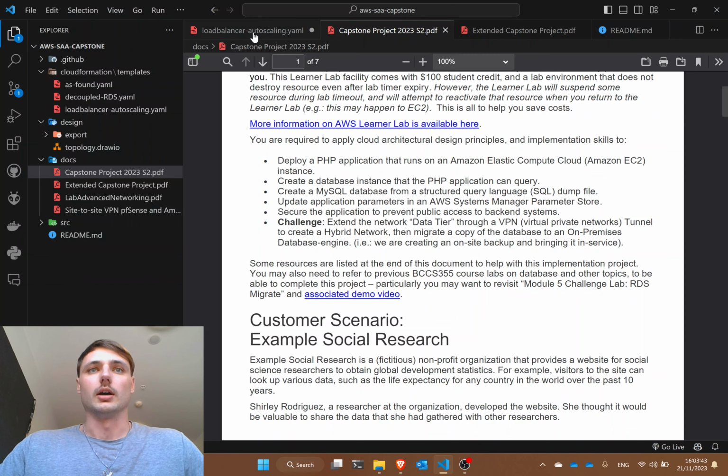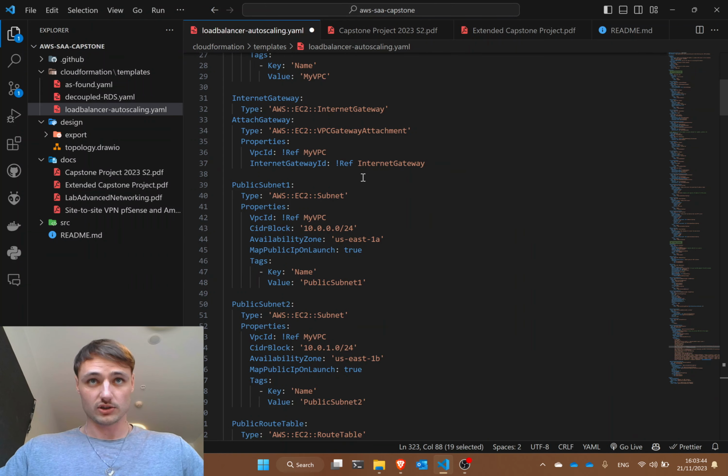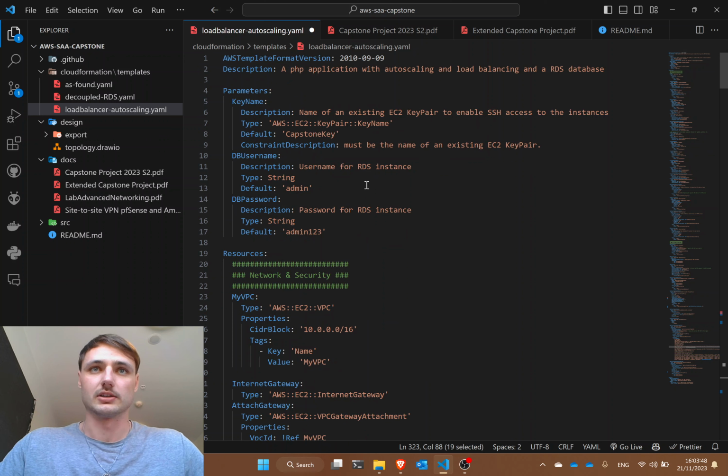I'm going to mention that I used the infrastructure as code approach to basically solve all of this to prevent click ops, kind of DevOps. Some people call it click ops, using the GUI, but this is just the proper way to commission all your resources in one go. And you can see I have a template here, and I'm giving it my key name,